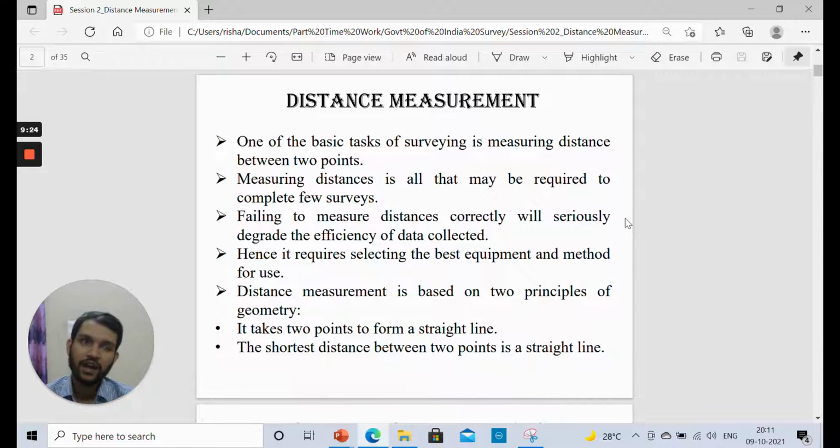Suppose we have traversed the full chain 3 times, so 66 feet is the length of the whole chain. 66 into 3 will be 198 feet. And then suppose we have covered 30 links more. If we have covered 30 links more, the length of each link is 0.66 feet, so 30 into 0.66 will have to be added to this reading to get the total distance that has been covered. So there were many techniques that were used, but we need to identify